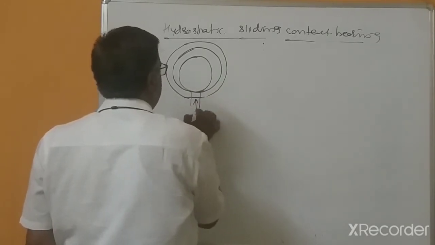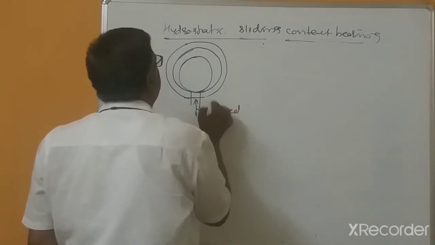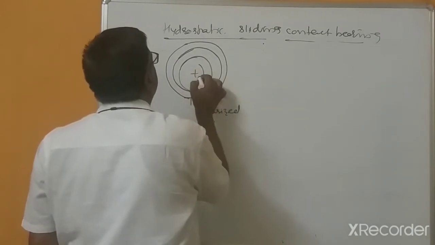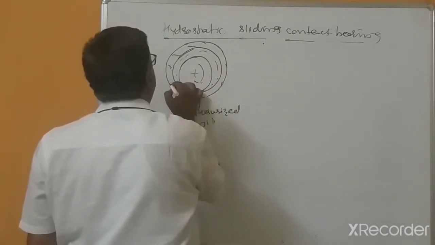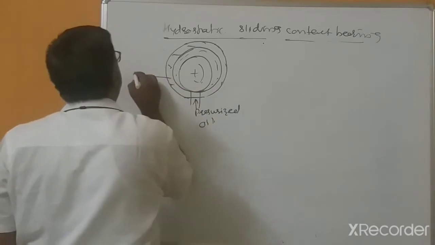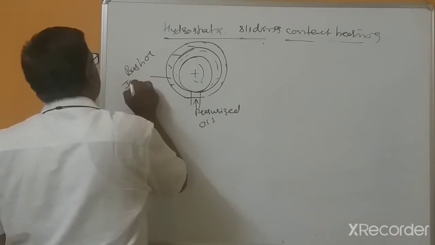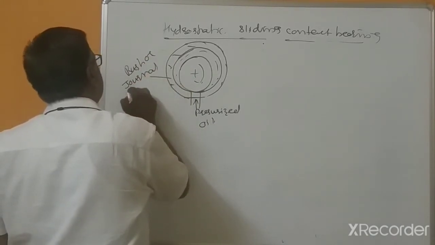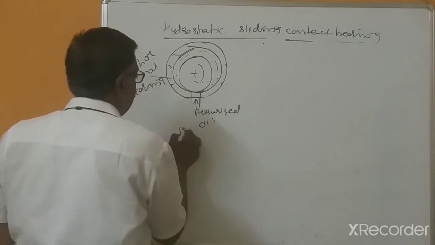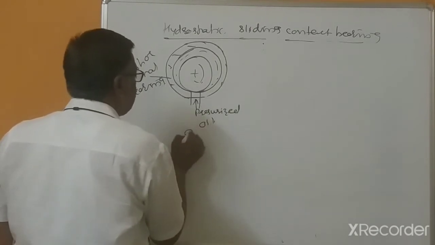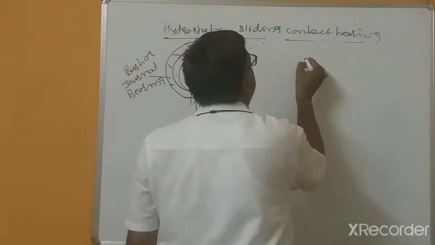This is the pressurized oil. This is the bush or journal bearing. This is at rest conditions, and when